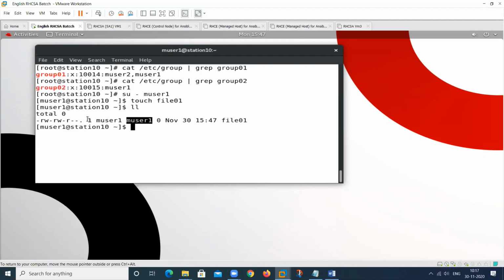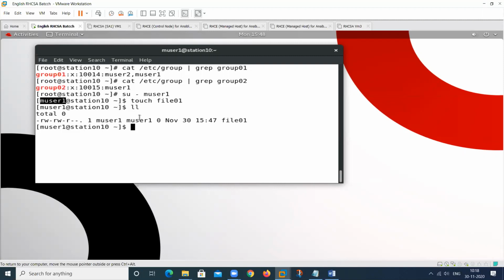When we create any particular file or folder, the file will get the user's ownership and it will also take the group ownership of this particular user, because when we create any user, the user is created and a group with the same name is created, which is known as the primary group.